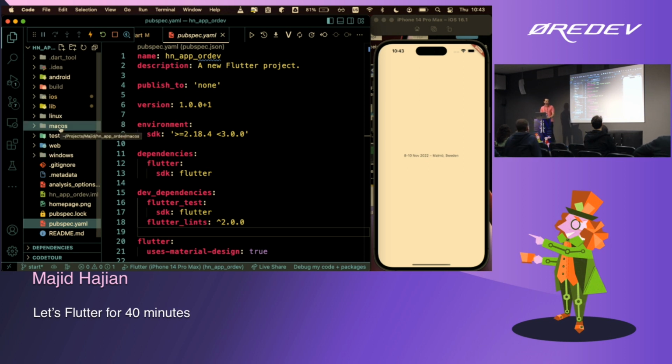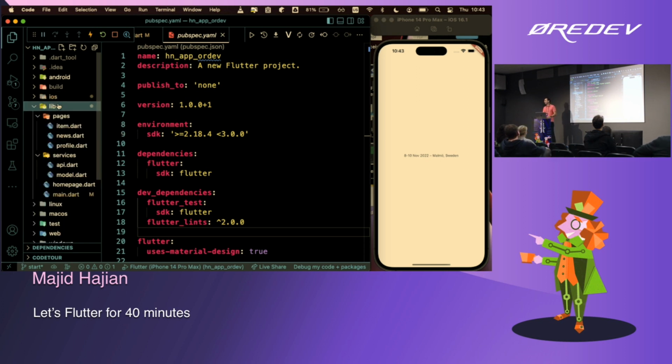So you just need to take a look at the lib folder. That's where you are going to start building your application. And you're just going to deal with the Dart language. You don't know the Dart language, don't worry about it. In 2 minutes, I'll onboard you. Because many of you have done web, you're probably familiar with TypeScript and JavaScript. TypeScript developers? Almost everyone. So then in 2 minutes, I'll onboard you to Dart. That's it, as simple as this.